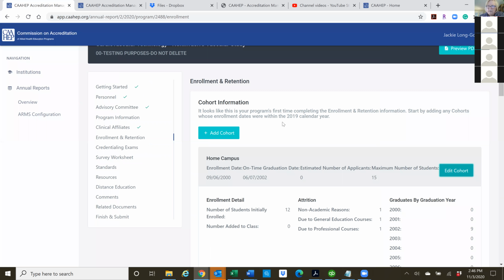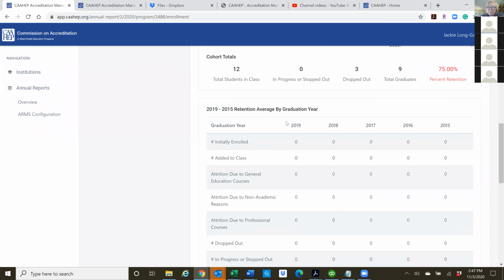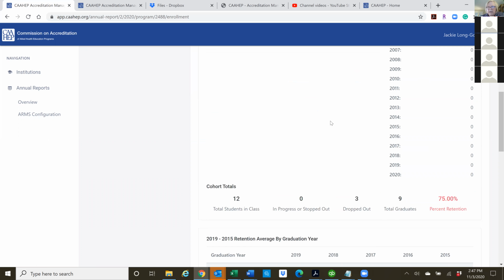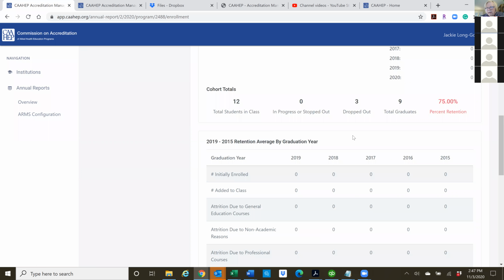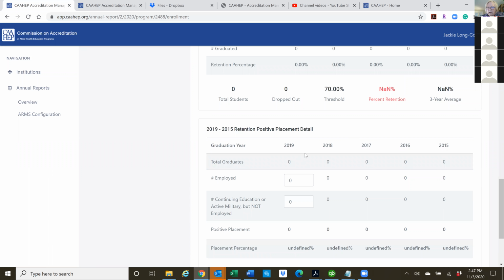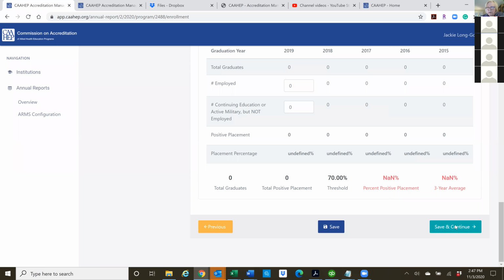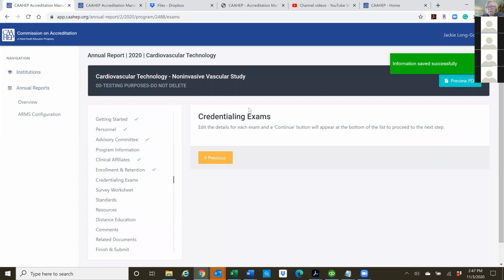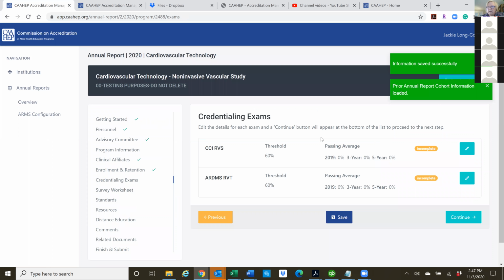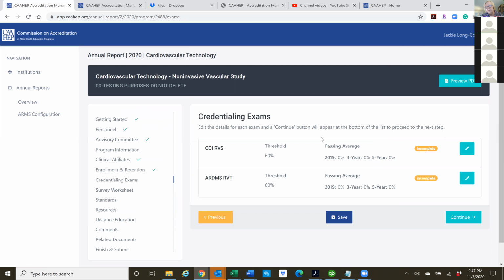Okay. So you're going to get a 1 year average for your information here for your retention, and then you're going to get a 5-year average and then a 3-year average. So you should be able to see all that data, and you don't have to do anything about a 1-year exam because we all have the class from you know where.